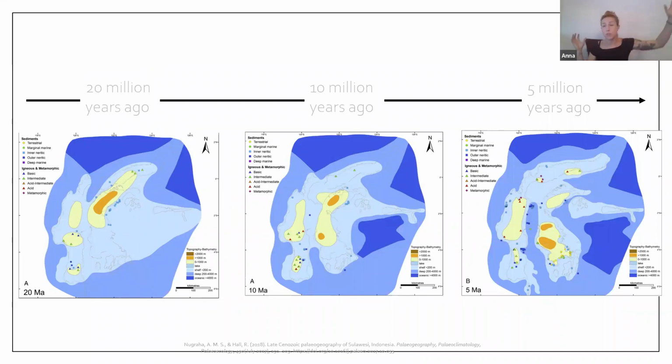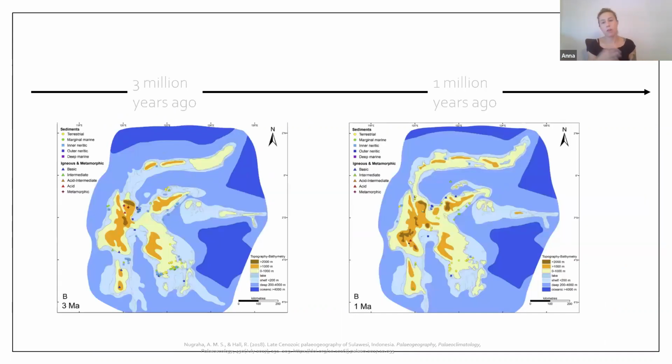All these fragments merged from the Australian continental plate and the Asian continental plate, collided together around 25 million years ago. And when that happened, area was exposed above sea level in this kind of archipelago formation. So for about 15 million years, all the tan colors represent islands. So Sulawesi for millions of years just existed as this small archipelago. And it was really only around 3 million years ago that a lot of tectonic uplift and sea level changes emerged a bunch of land area and created high elevation mountain ranges all across the island.